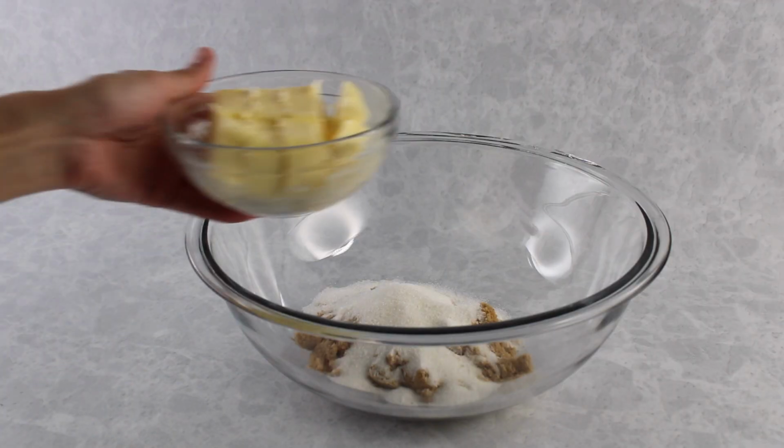This helps it to blend in with the sugars and then mix together to make a delicious cookie. The softer the butter, the more the cookies will spread when you bake it. But the trick for that is to just toss the dough in the fridge or freezer before you bake it. Butter,